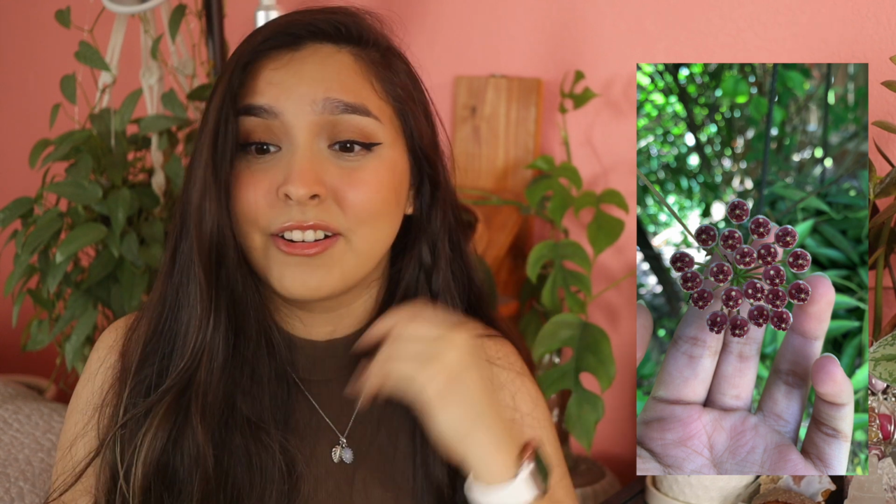I think last year when my Wayetii flowered, they were big, but they weren't this big. They were huge, and I had changed the environment. I had put this one under my pear tree, so it was in a shady environment, and it kept flowering and flowering and flowering. And it is literally the middle of September right now, and it's still flowering. It still has a flower on it,